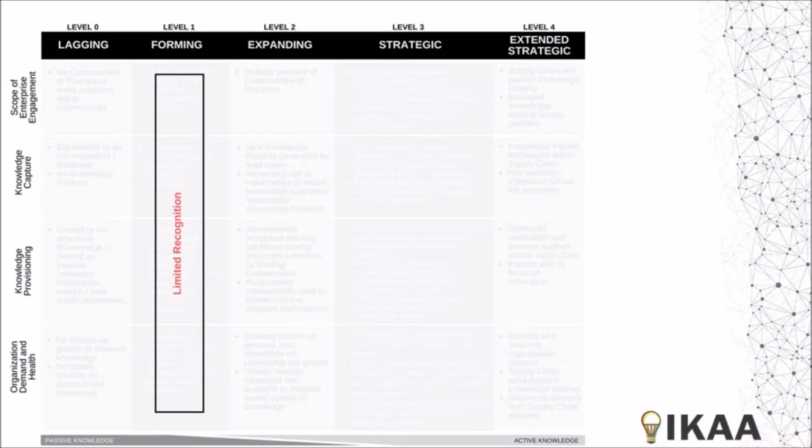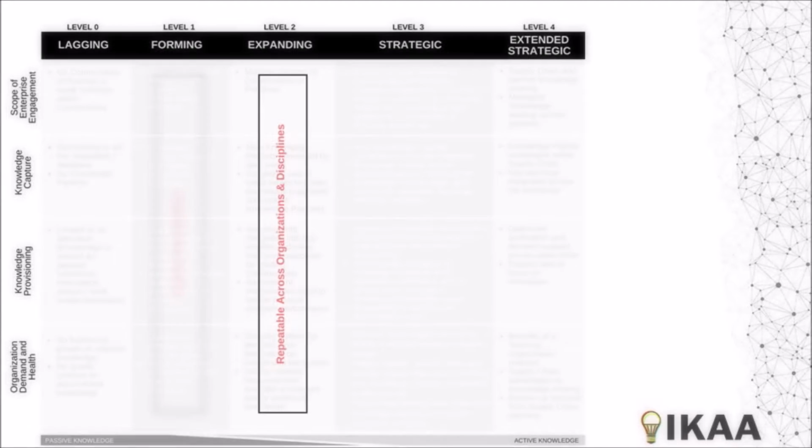The next level is level 1, which is termed forming. At this level, there is an initial recognition of the need for managing and utilizing corporate technical memory. However, it's still at the local level. But there is a broader effort to experiment and apply structure that would address ownership and broader structure of the knowledge. The concept of formally assessing its application might be attempted, but those processes at this level still lack formalization.